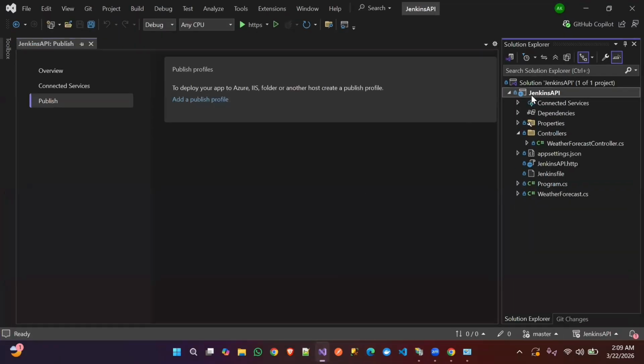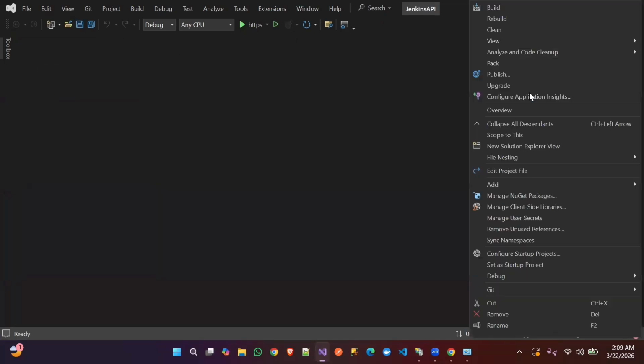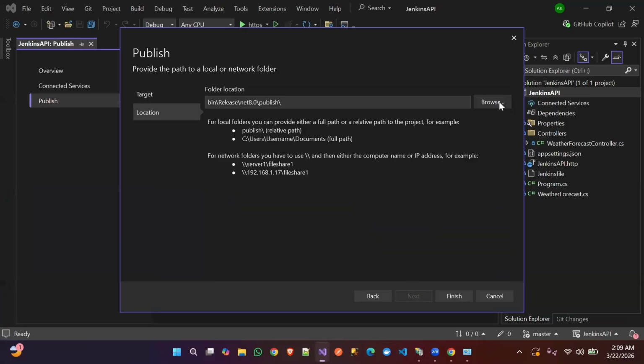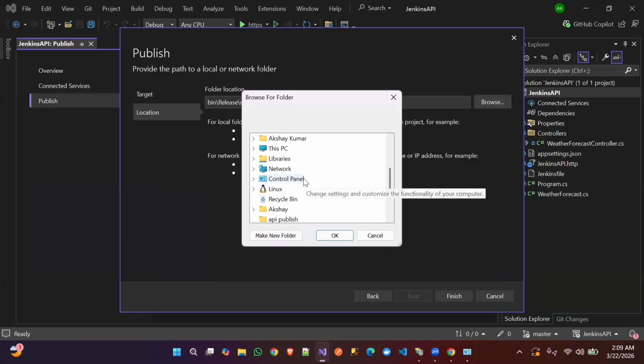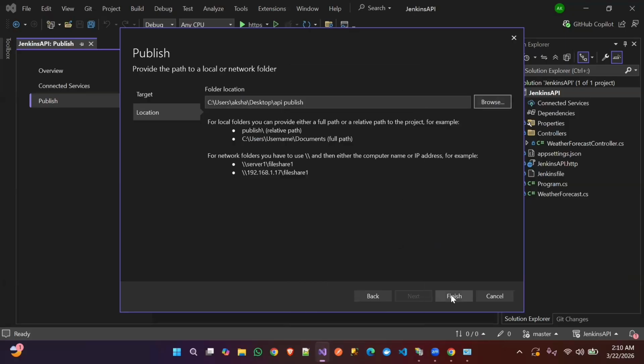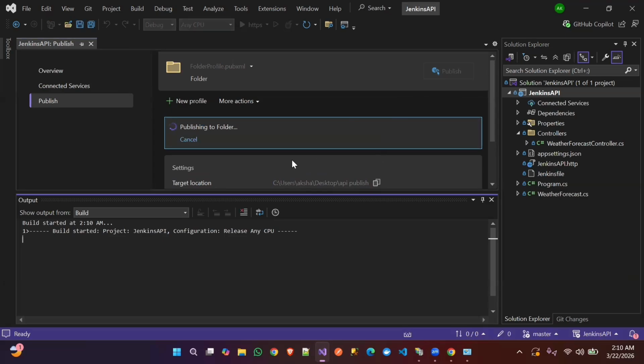So right click and click on Publish, select Folder, next, and choose the path where you want to publish your project. I want to publish to the API folder on the desktop, so select Desktop, and this is my API folder. Select it, and now Finish. Now your target folder is selected, and click on Publish. Your publishing has started,